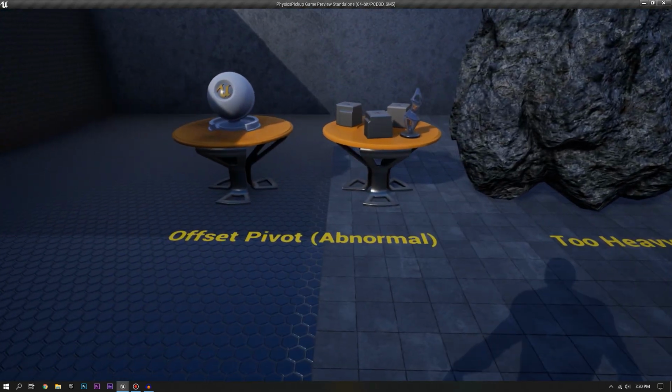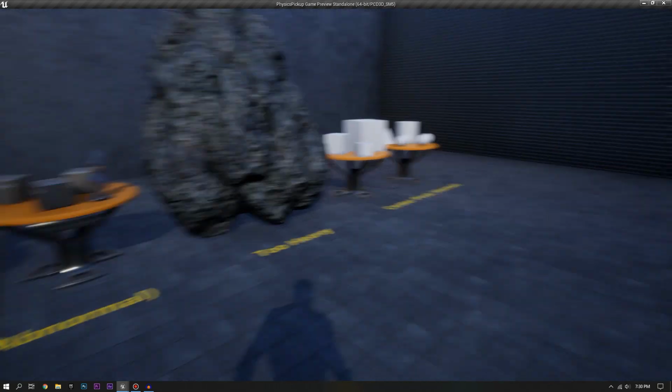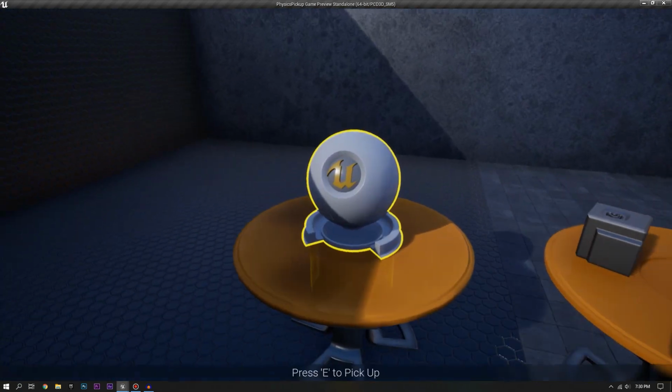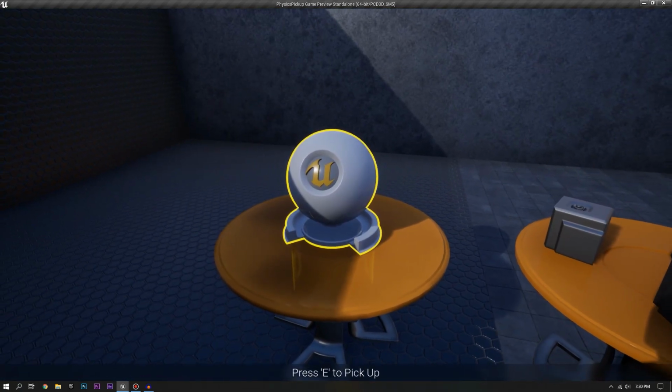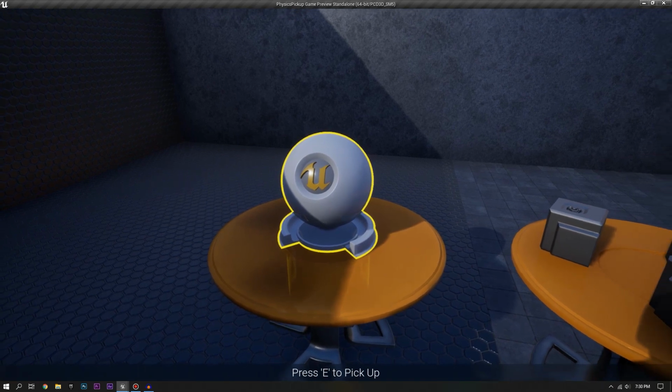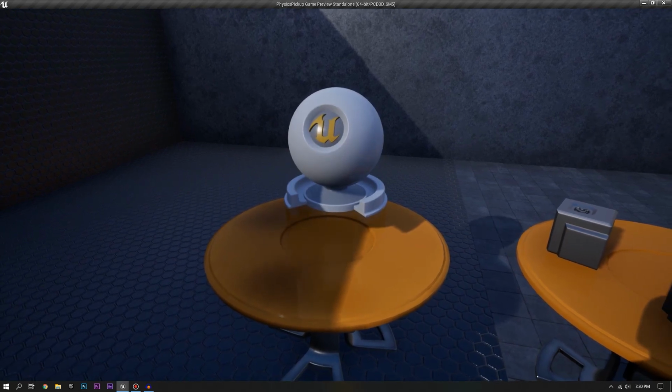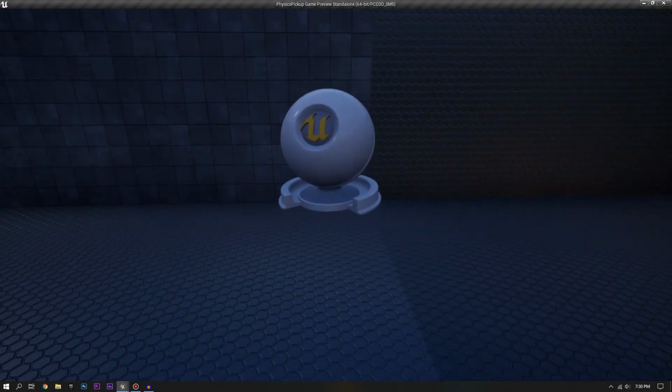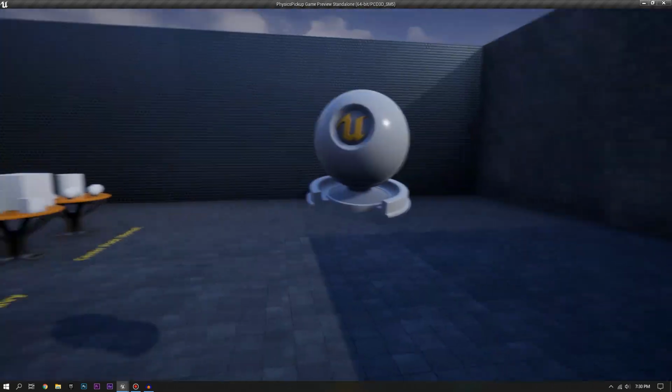So, being that this is a physics pickup system, clearly we need to be able to pick up objects. If we walk up to an object, it highlights and gives us a little message at the bottom indicating that we can pick up this object. Now if we press E, it brings it to our hold location where we can carry around this object,